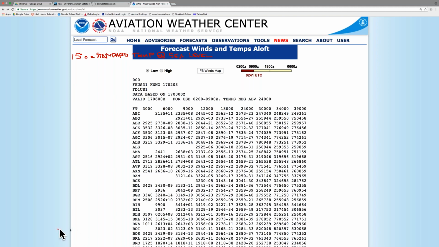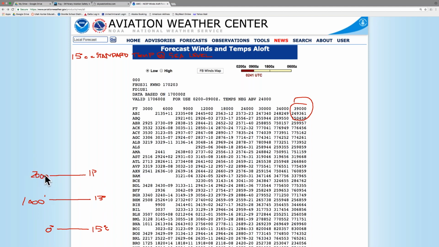If it makes it easier, just draw it out. But it's going to get harder when we start talking about standard temperature at 39,000 feet. So it's 0 feet sea level, 15 degrees C, right? We go up 1,000 feet, we're at 13 degrees. We go up another 1,000 feet, it's 11 degrees.